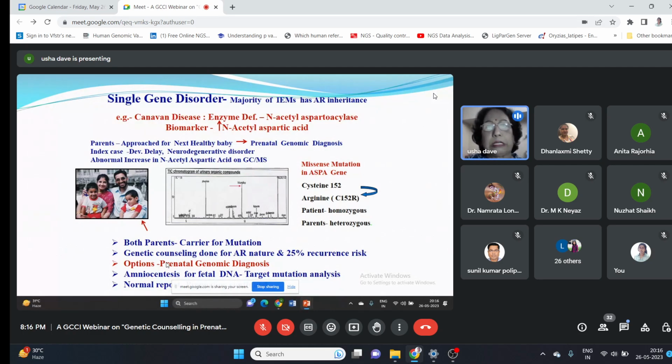Of course, there will be certain things which are enzyme deficiency. Here is the example. Why I give this example is the couple is so nice. They have already one nice boy. Still, they have another, with Canavan disease, which is because of the enzyme deficiency of aspartoacylase. We have a biomarker, we can diagnose it precisely, and we also found that it is a missense mutation in the ASPA gene. Okay. Now the patient is homozygous, we found parents are carriers, everything was explained, but still after